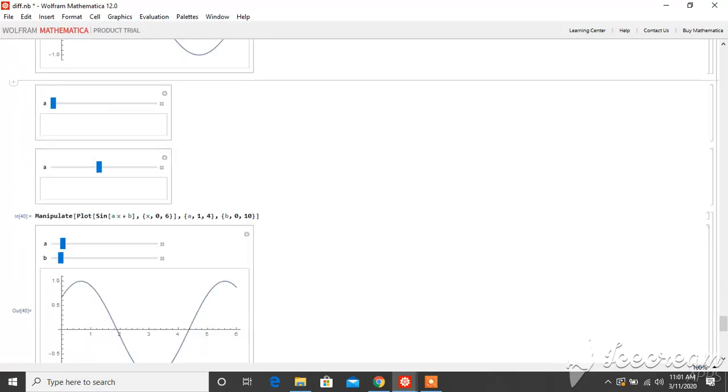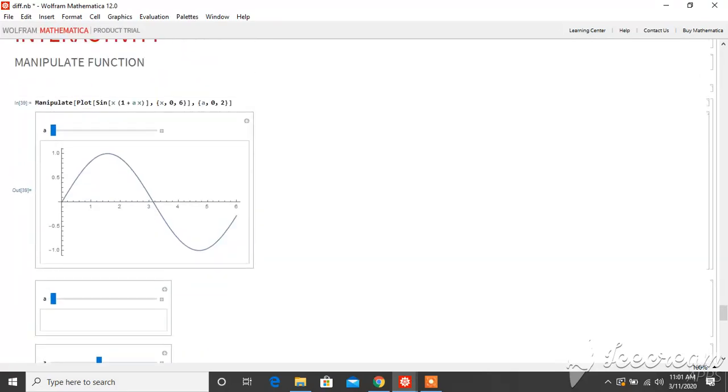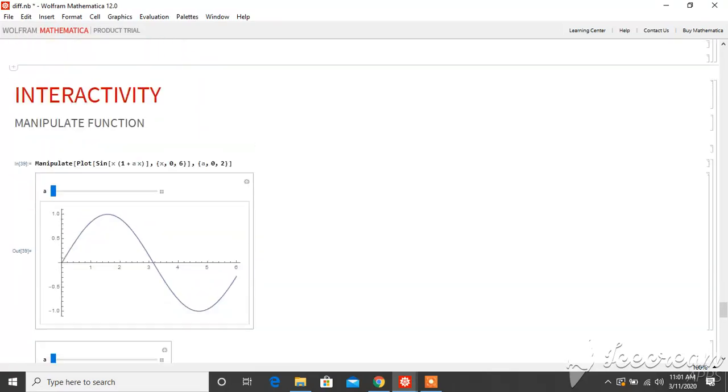The Manipulate function is the key to making expressions interactive, and the syntax for Manipulate is first the expression, and then the variable, and the range it is varied over, minimum to maximum.